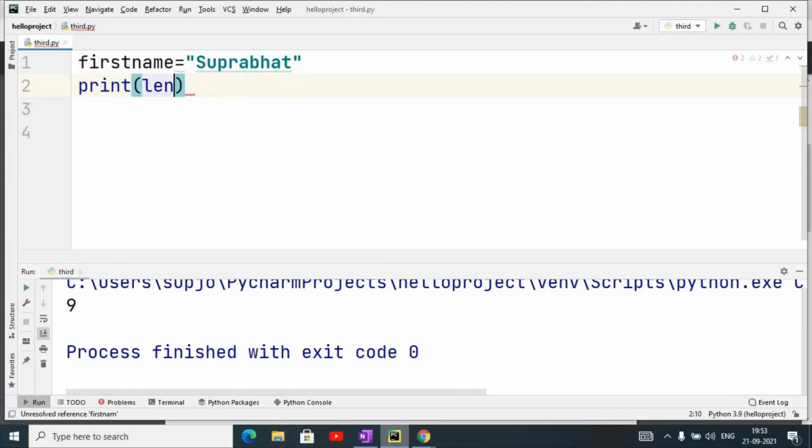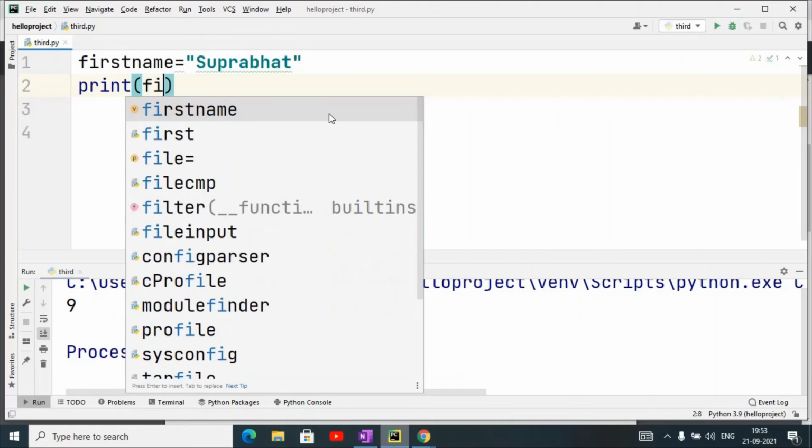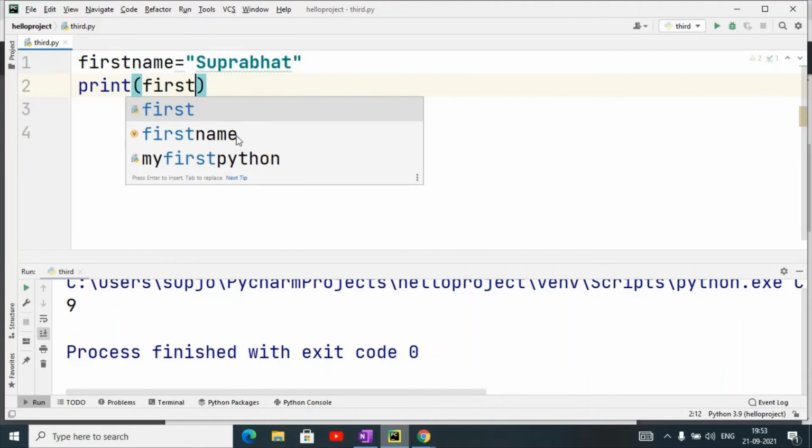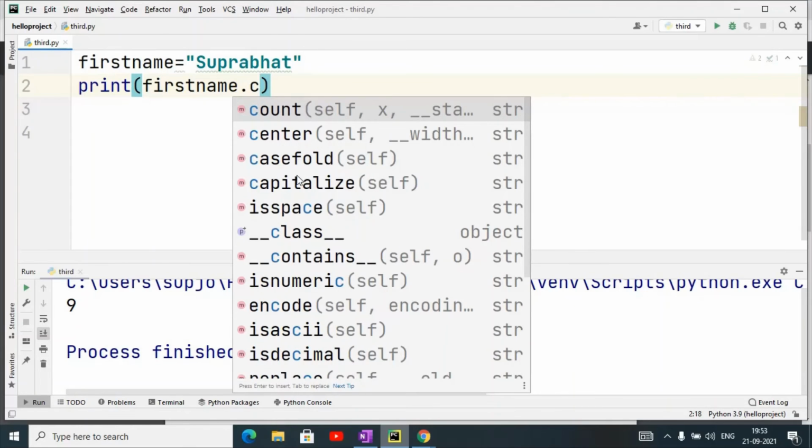Next one, capitalize. Print first name dot capitalize.